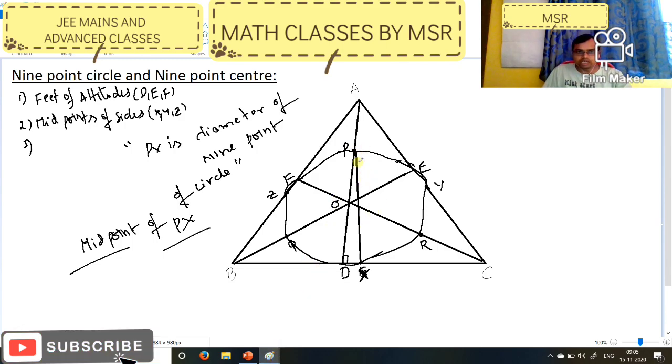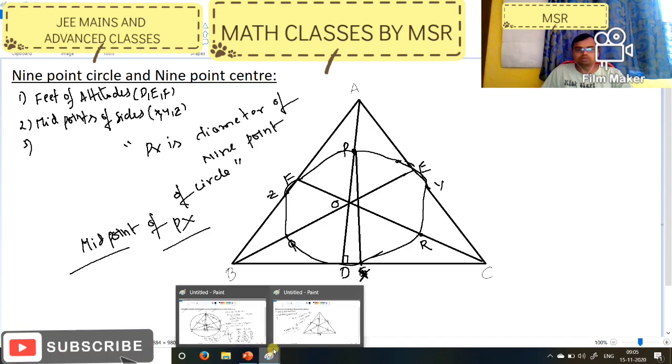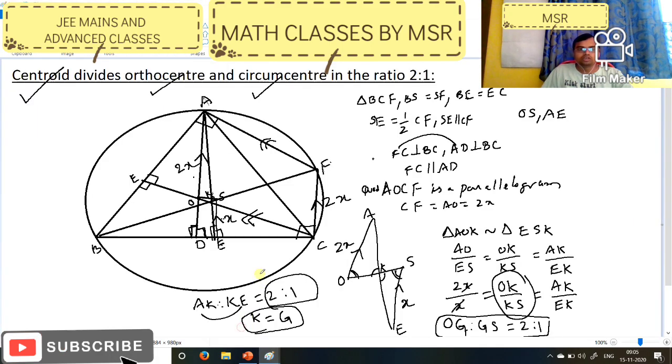See, what is the diameter? You should remember here, P is the midpoint of AO and X is the midpoint of side BC. So, same as I am opening in the last proof. Here, AO is nothing but vertex to the orthocenter. Its midpoint is nothing but P. Yes or no? There we have P.